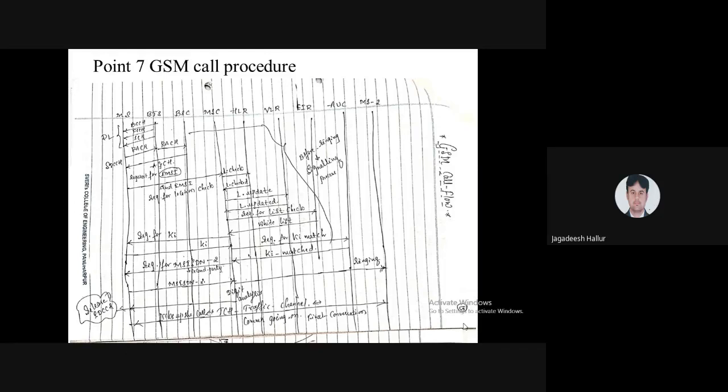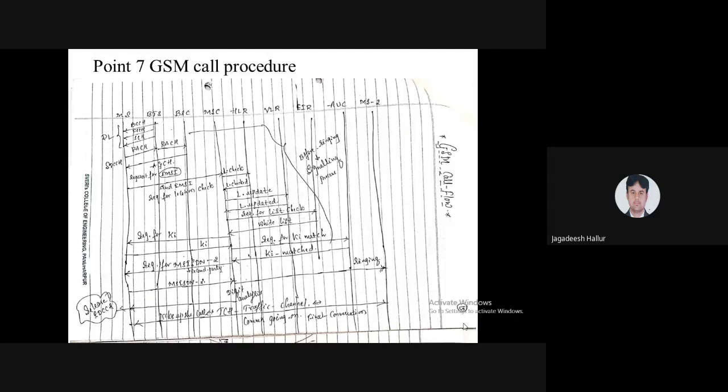The random access channel is released from your mobile station to the BTS. Once it reaches the BTS, the BTS will send it to the BSC, the base station controller: I want to access the network, I want to make a call to one of my friends.